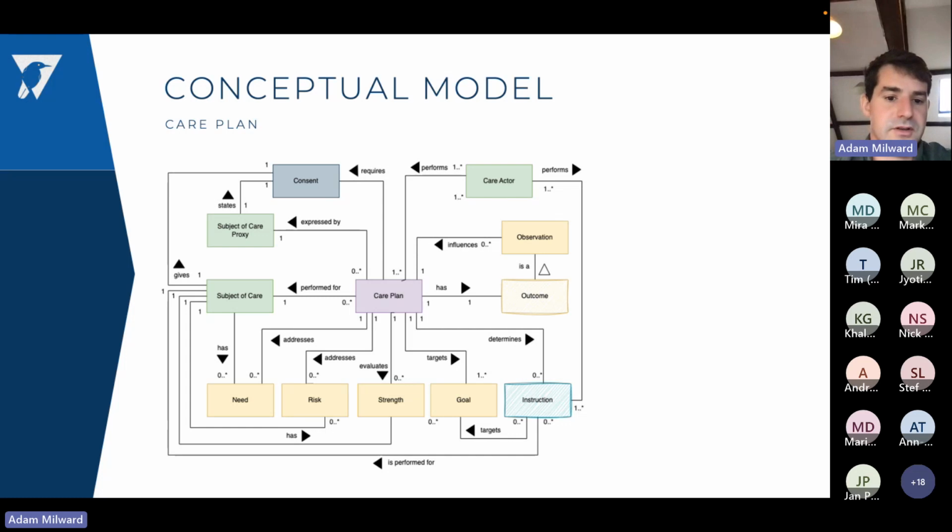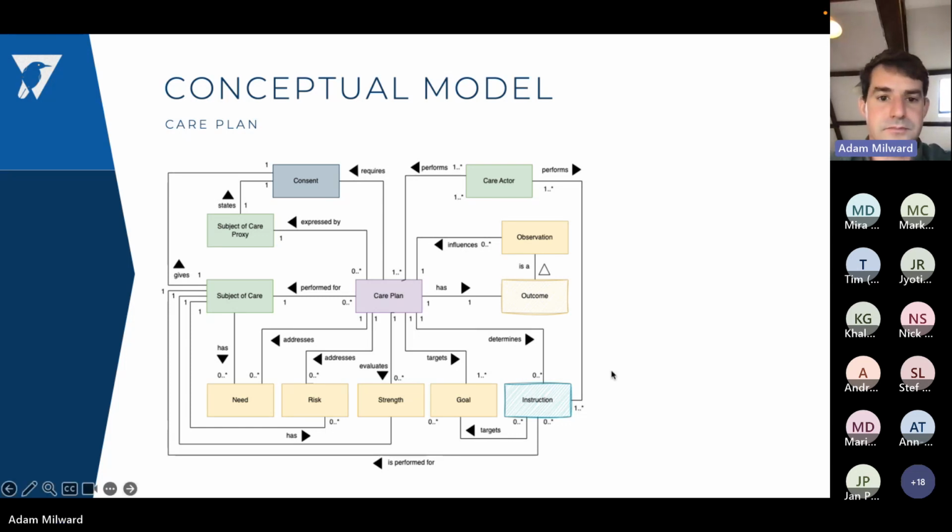Ultimately, again, this is really about the building blocks. We're not saying that there should be one form for a care plan. Potentially parts of those assessments could be included in that form, but the care plan needs to address needs, so it needs to be linked to those needs. It needs to address risks. It's probably that contingency plan. You need to have access to someone's strengths so you can evaluate them. There's usually a goal of that care plan, and then it will determine a number of instructions, activities, and potential actions that happen. There's usually an outcome and potentially some observations that will be made about a person that should be feeding into that